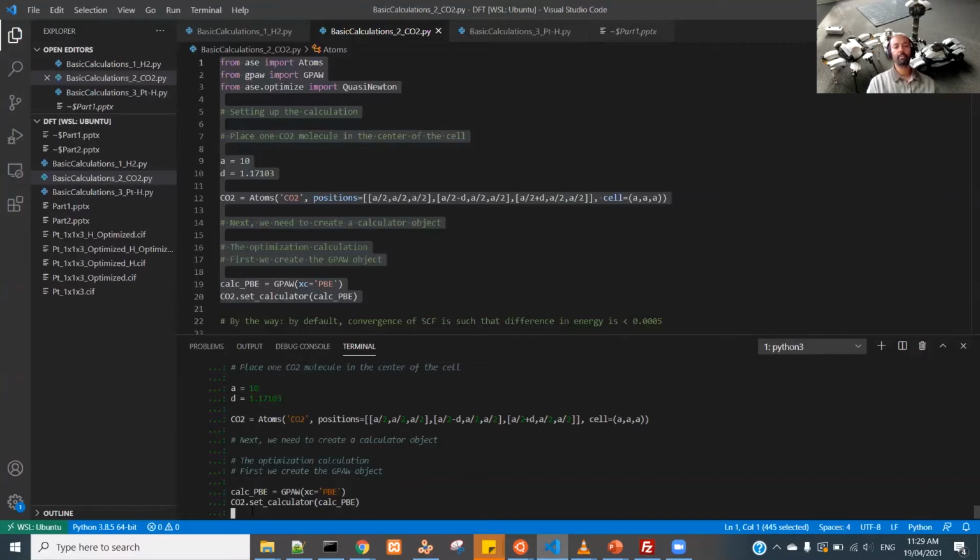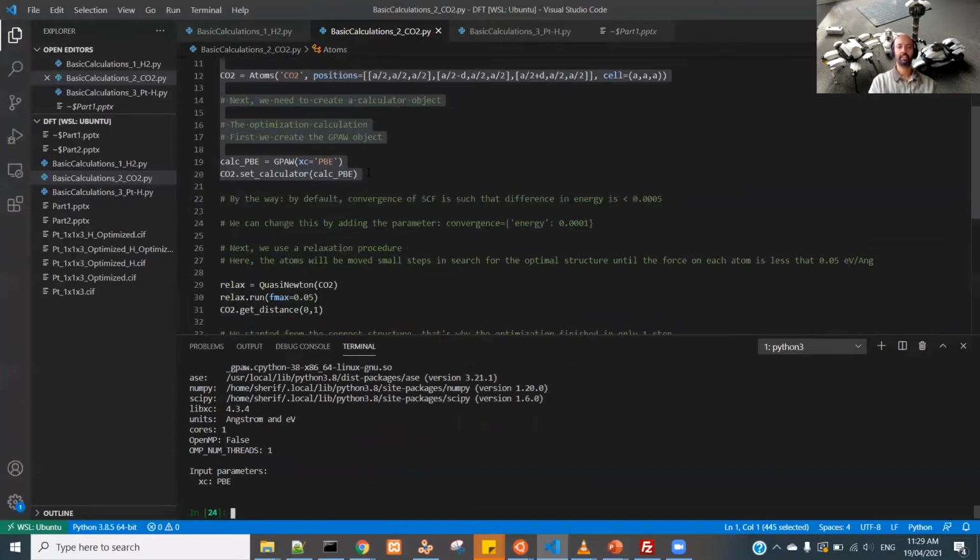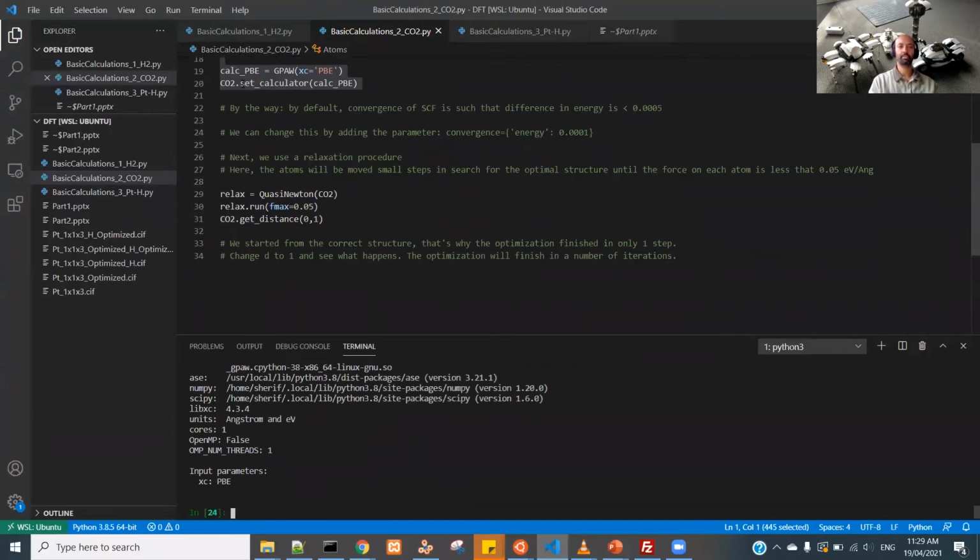And then we set the calculator. We create a GPAW calculator and set it to be the calculator for this calculation by CO2 dot set calculator. So remember that set calculator is a method in the atoms class. It's not a method in the GPAW class. It's in the atoms class. This method in the atoms class assigns a GPAW object as the calculator for the present atoms object, and then